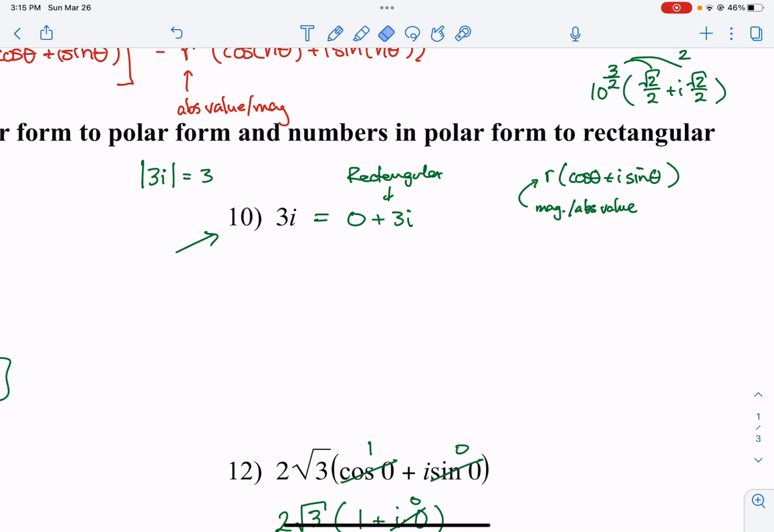Or better yet, let's just go ahead and go through it. The absolute value of 0 plus 3i is equal to 0 squared plus 3 squared inside of a square root. That's the square root of 9, which is equal to 3. So the first thing we want to do is pull out 3. So we want to rewrite it like this. So we pulled out the 3, and then we want to ask ourselves,